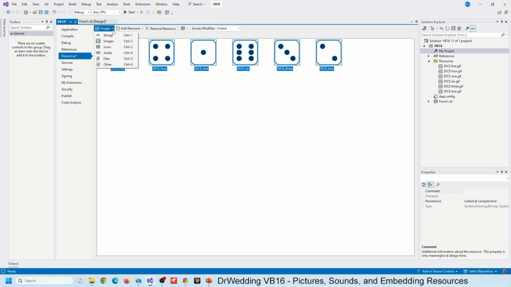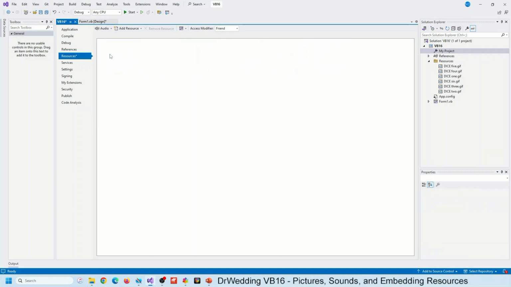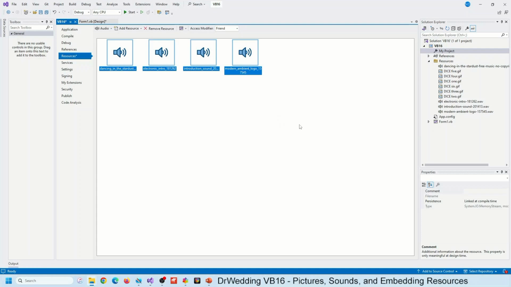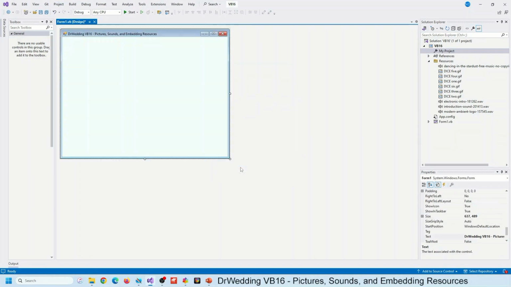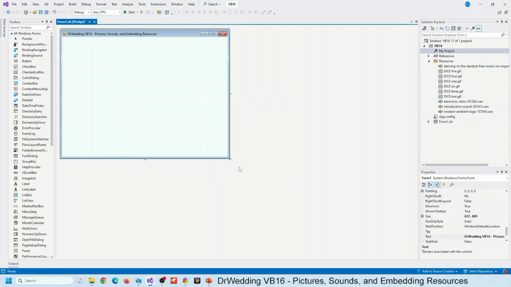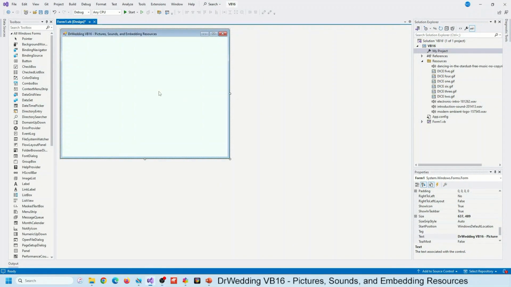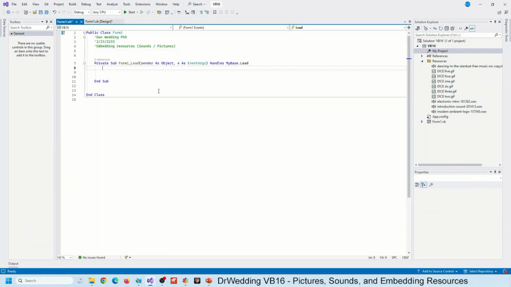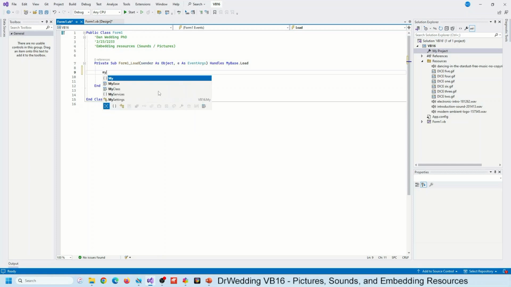Next, I'm going to bring in some audio files. Now that these objects are embedded, I can use them throughout my program. Save these embedded resources, and we can start working with the program. First, I'm going to have some music play when the form loads. Having a sound file play is very easy. You give the command